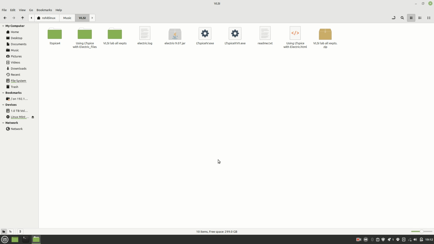VLSI Design Lab. First, we are going to design the inverter. So initially, for the prerequisite, we need two softwares mainly, and Java. One is the Electric software, in which we are going to do all the circuit creation, layout, everything. And LTSpice, for the simulation of the Spice code which is generated from this Electric